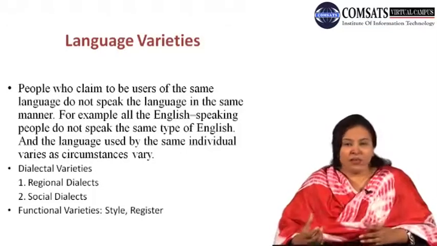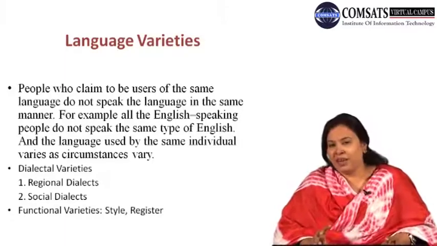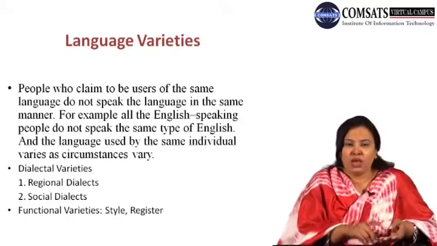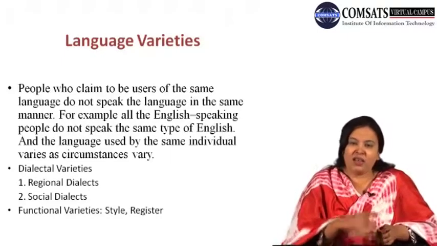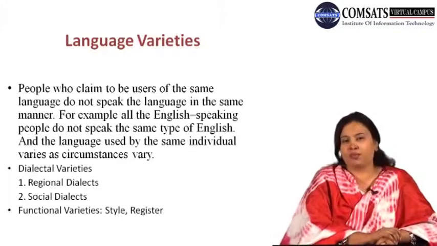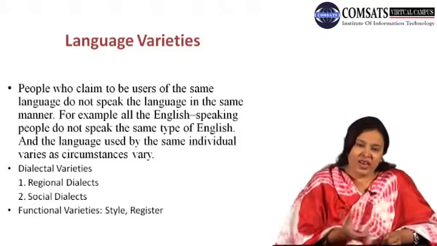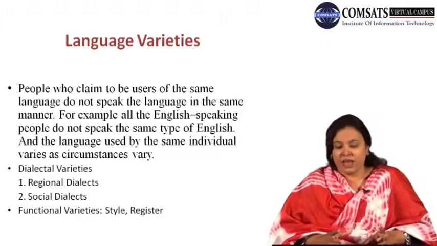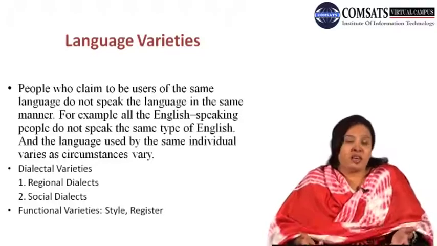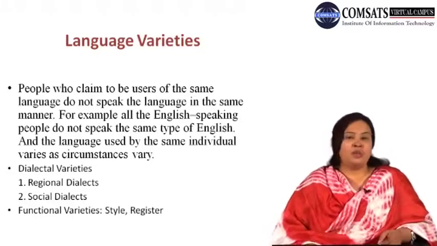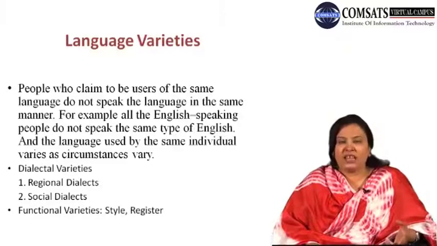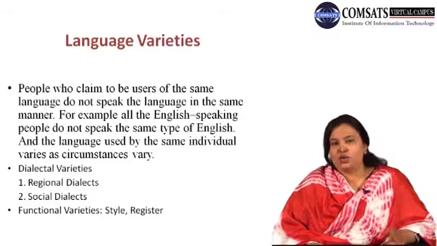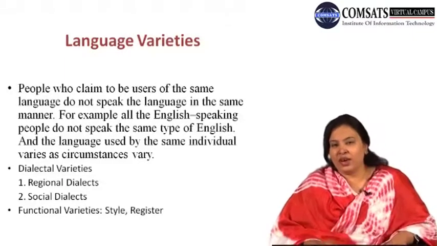Similarly, if I give you the example of Punjabi, we have the Punjabi language, but from place to place, from Chakwal to Lahore to Faisalabad to Gujarat to Murree, all these areas have a different variation of Punjabi. So we can have variations inside a dialect, and person to person variations can be there. Similarly, all the English people do not speak English in the same way. And similarly, the languages spoken by individuals also have changes. So we have varieties, language varieties.